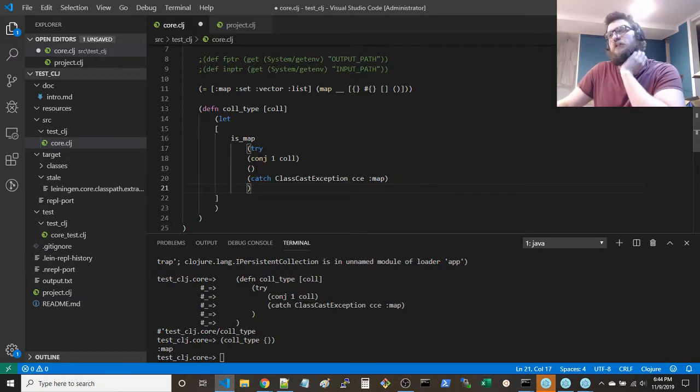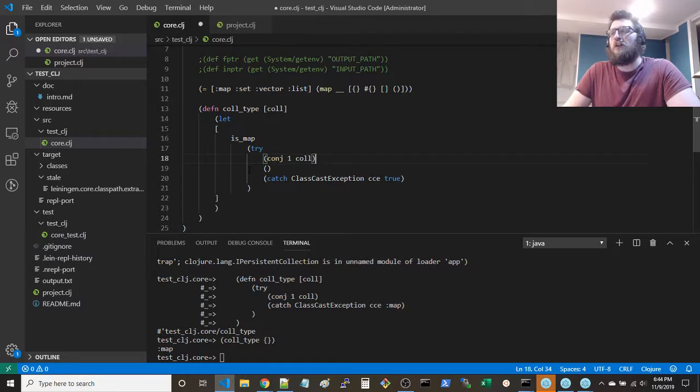And we'll say try catch. This will be so is map. We'll say true. And this will say false, right? So isMap will give you this function, just an anonymous function.